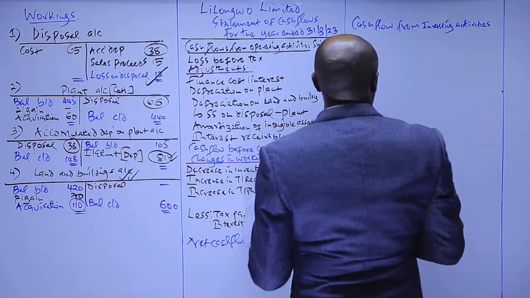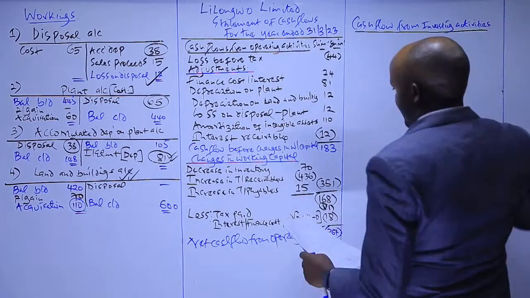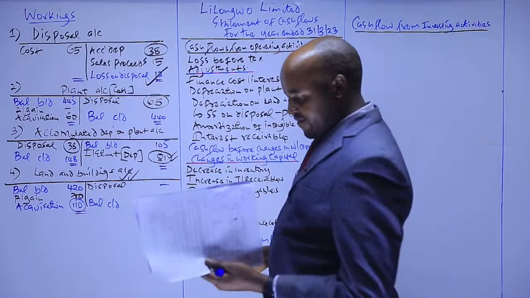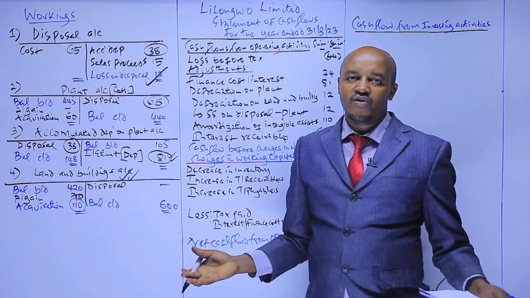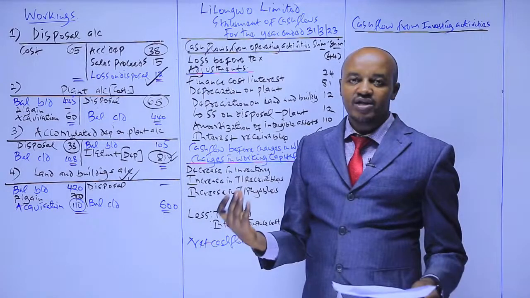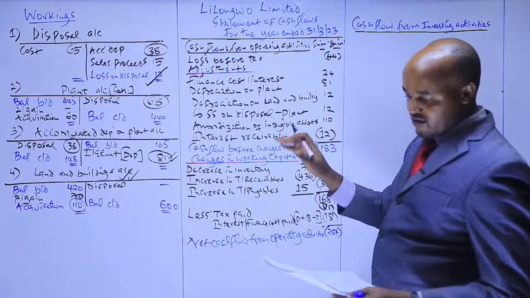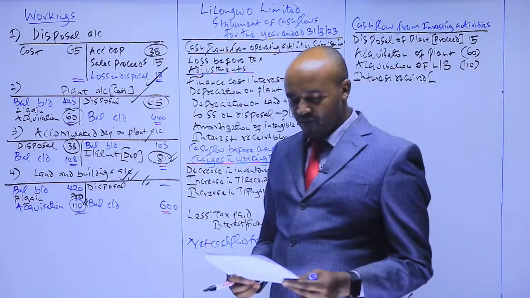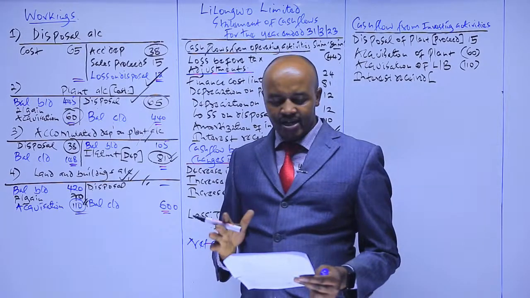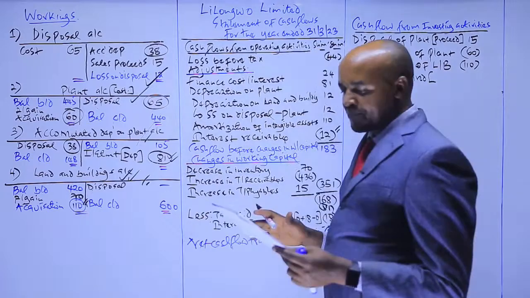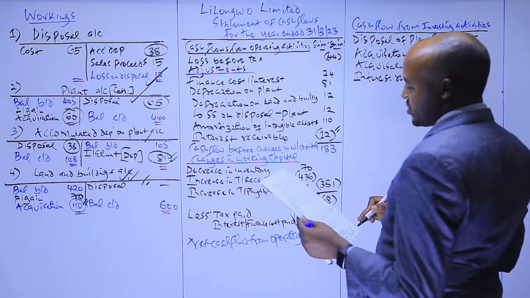And basically this is quite simple because we have computed all the items which we need to take into account here. So what you have here to remember is that investing activities, these are activities involving the acquisition and disposal of assets. You take into account the assets which were acquired, the assets which were disposed, and any income from investment. So from what we have in working one there, we see we have interest receivable at the start and also at the end. At the current assets, we have interest receivable at the start and also at the end. So how do we compute the actual interest which was received during the current year?